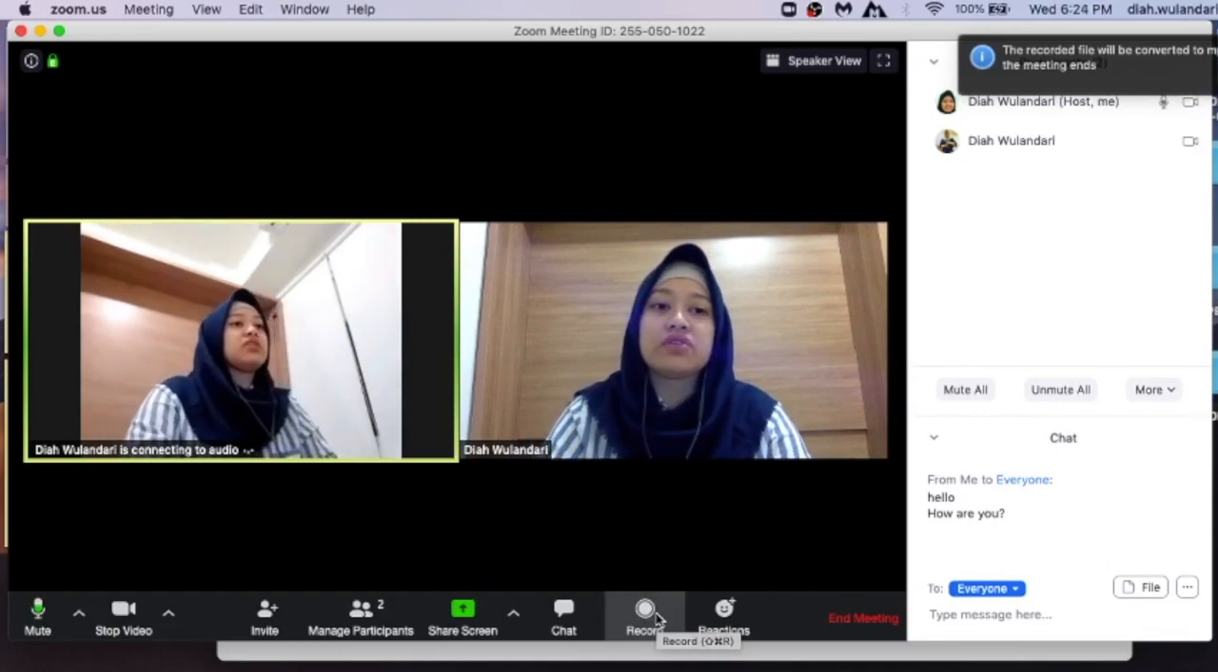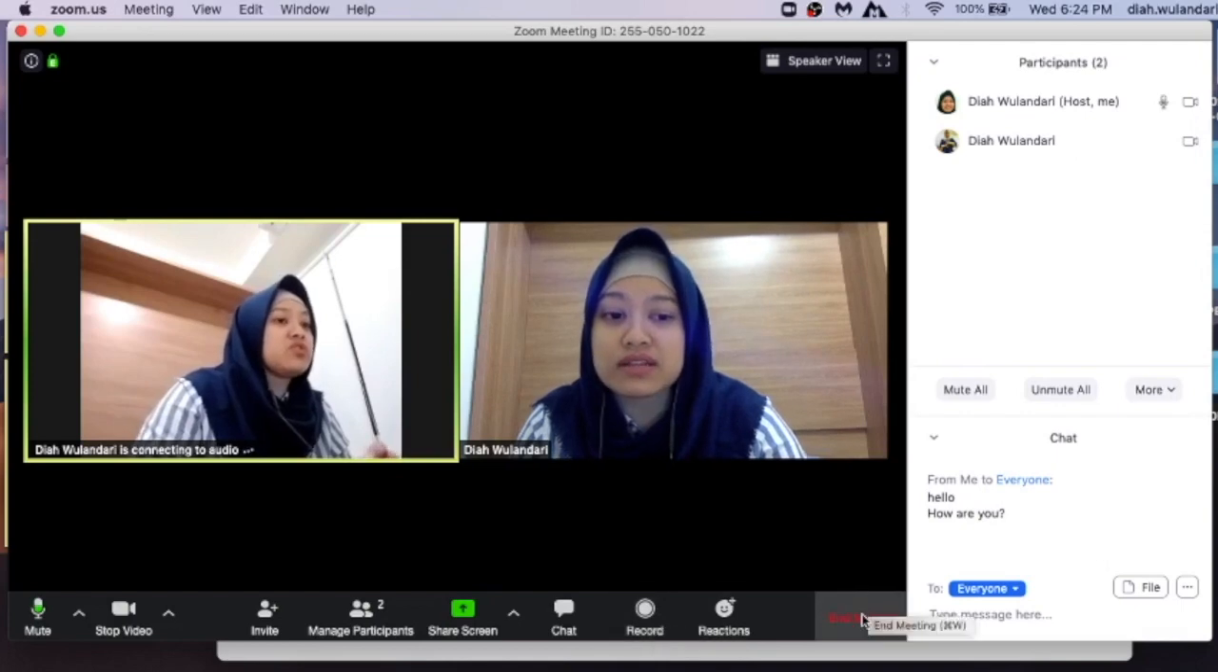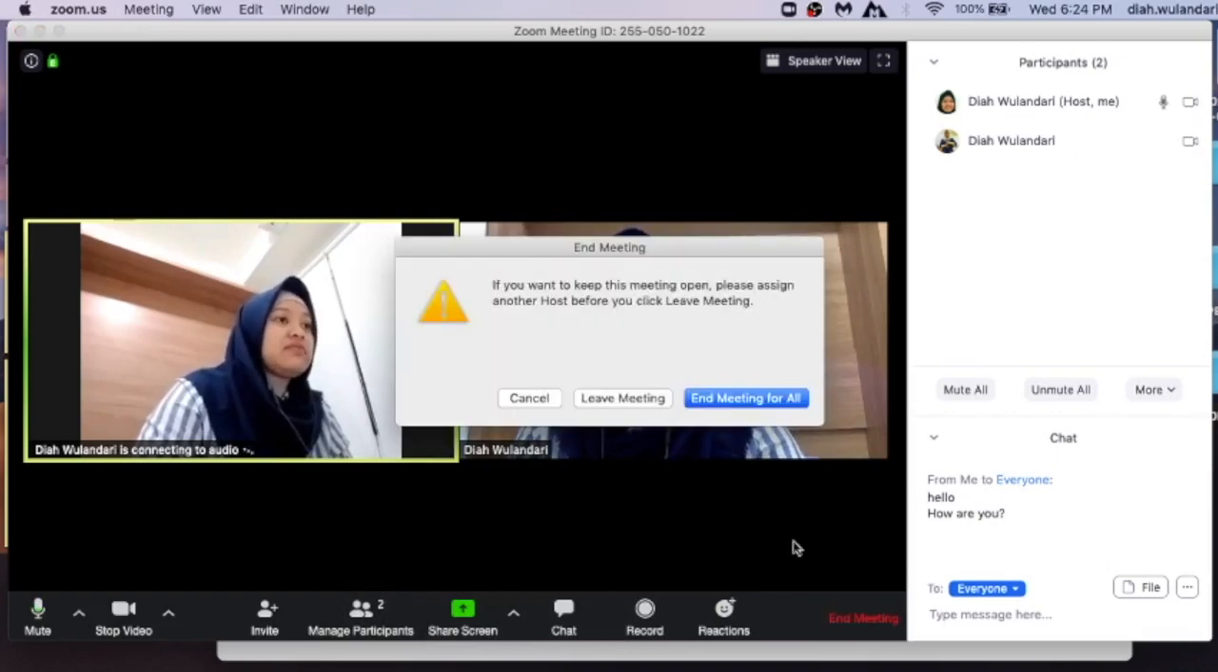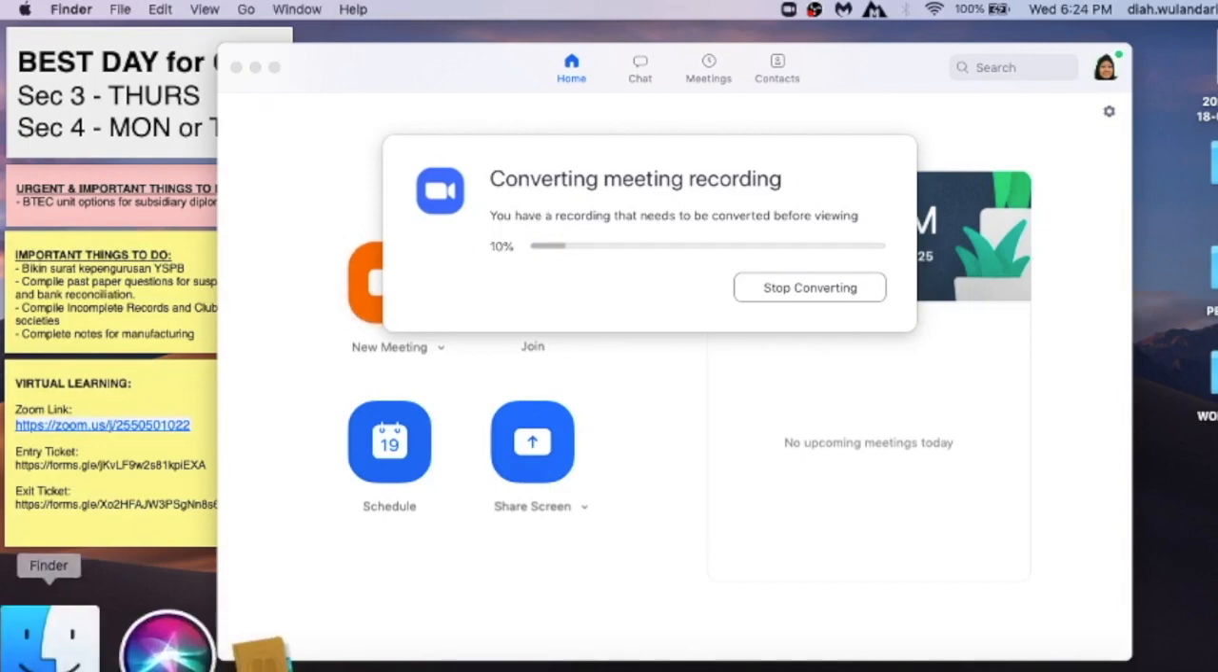Then the video itself will be converted to MP4 once you end the meeting. End the meeting for all, and then the recording video that you did during Zoom is converted right away. So you just have to wait, and then you will see it in the documents